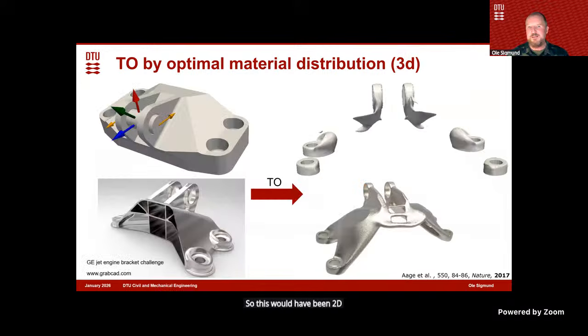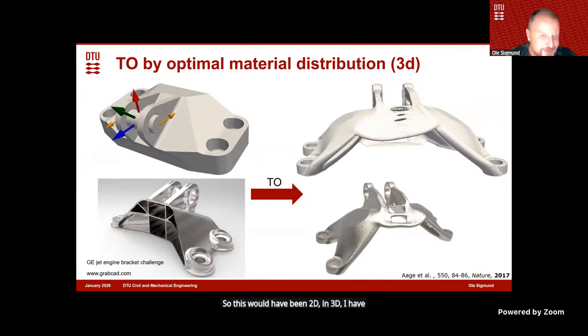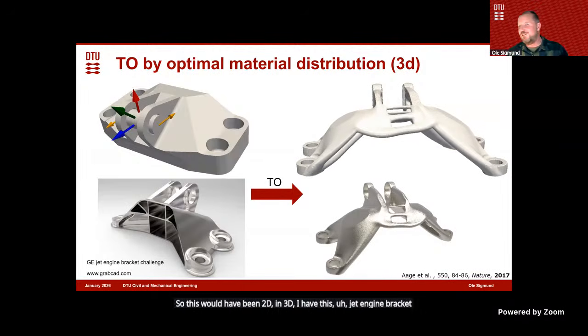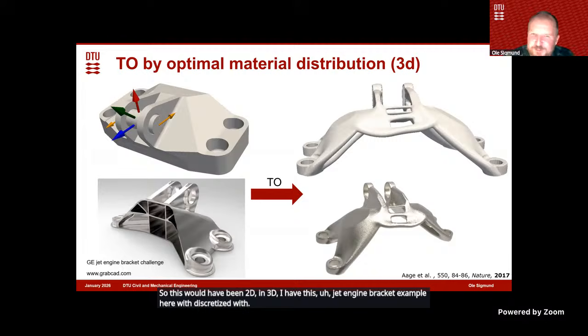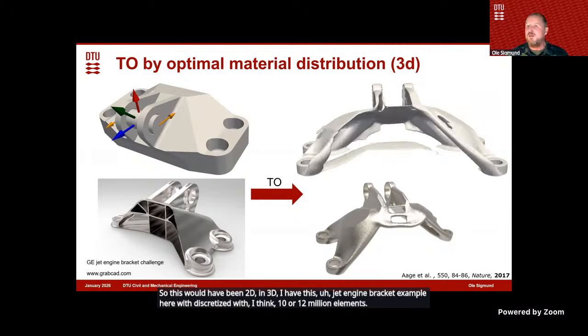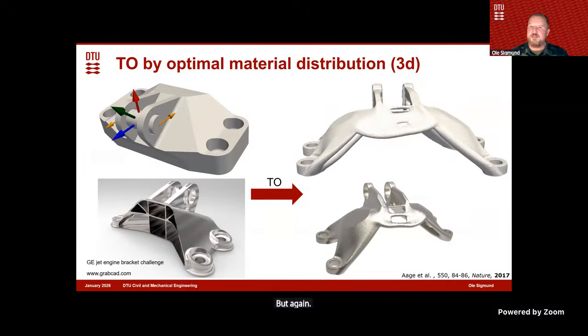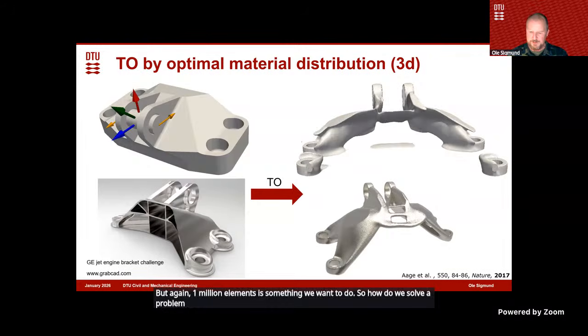In 3D, I have this jet engine bracket example. Here we discretized it with, I think, 10 or 12 million elements. That's maybe overkill. But again, 1 million elements is something we want to do. So how do we solve a problem with 1 million design variables to